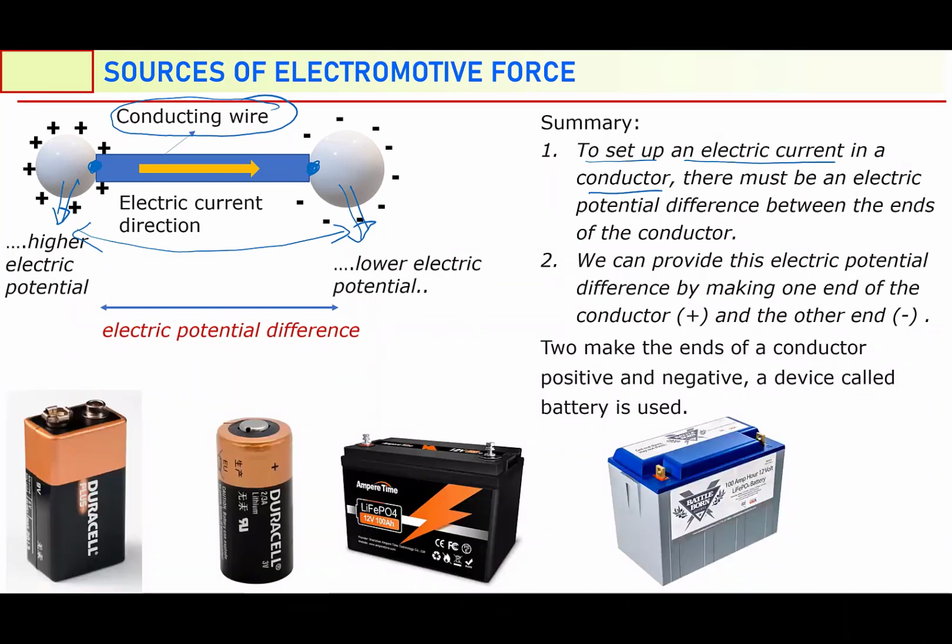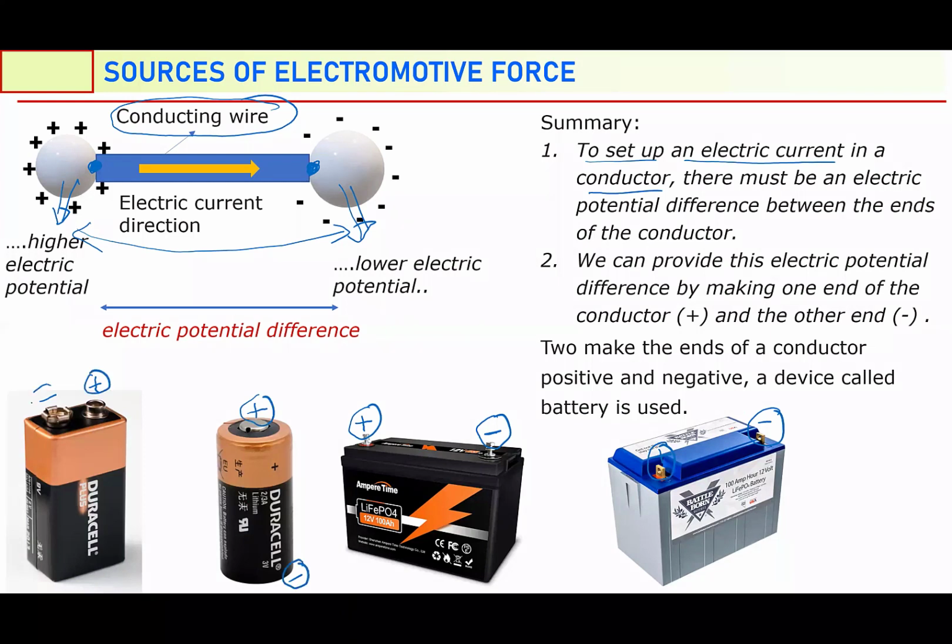So these batteries are producing the potential difference between the ends of the conductor, because each battery, if you look at them very carefully, has a positive terminal and a negative terminal. A positive terminal and a negative terminal. Red is the positive terminal, black is the negative terminal. Positive terminal, negative terminal. So when you connect a device or a conductor, just a conductor, between those negative and